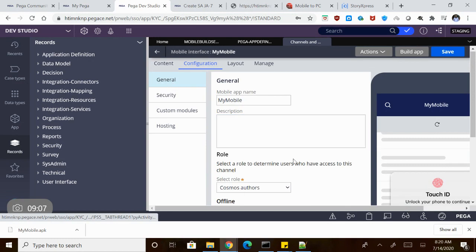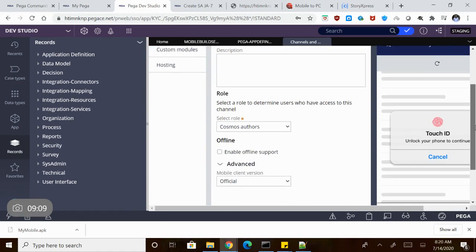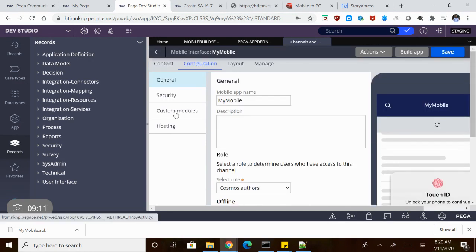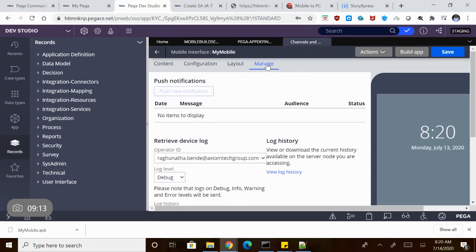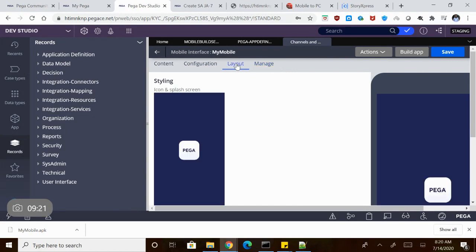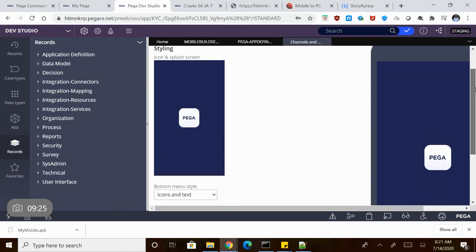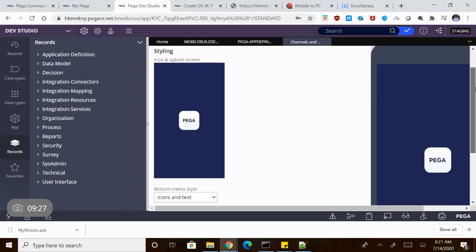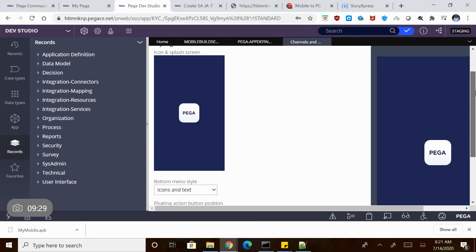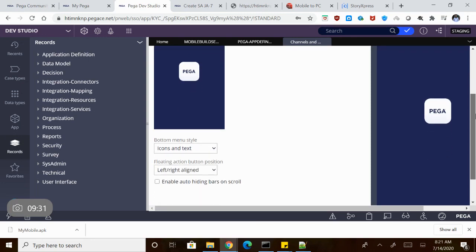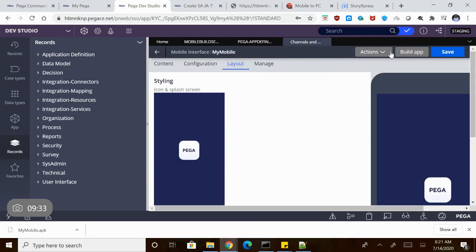The generic configurations you can make here, and here you can configure the logs. Any log you want to configure, you can manage in the manage tab. And if you want to display text or an image icon on the mobile app screen, you can change it here. I hope